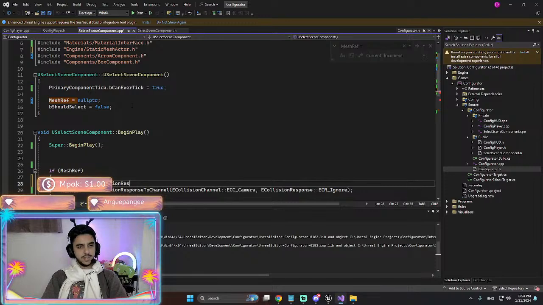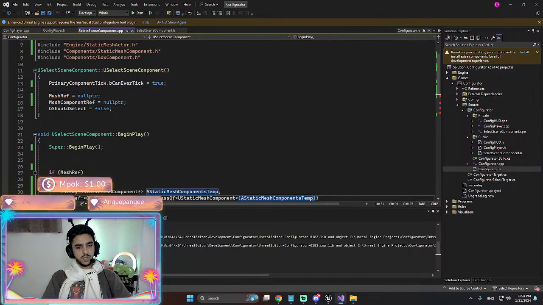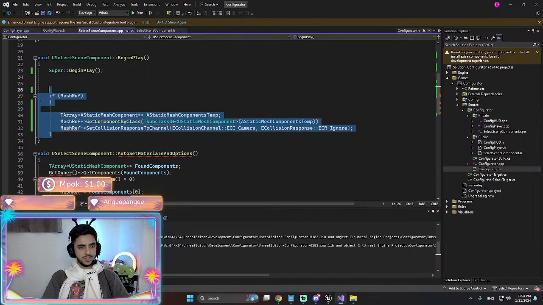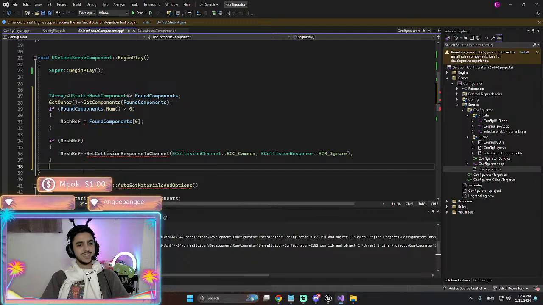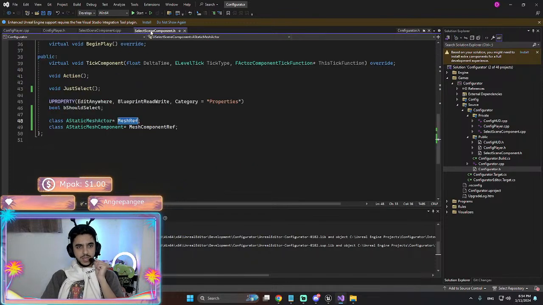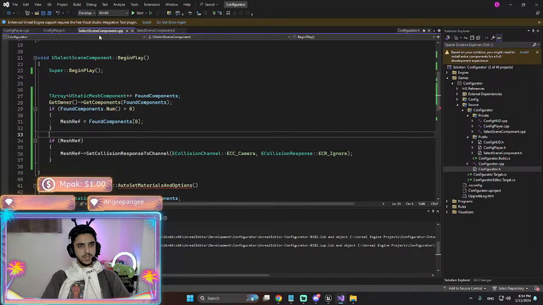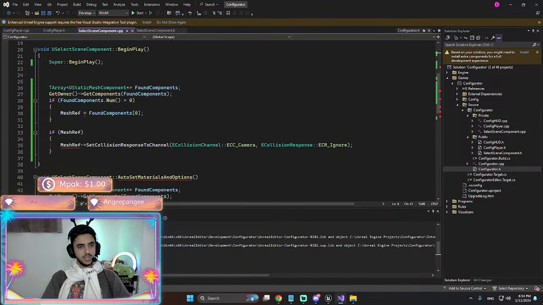Guys, I found the solution. I found the solution. This is the solution. Just like that. And boom. It should work now. The thing is, this is gonna be component. We don't need that. We don't need the actor ref.